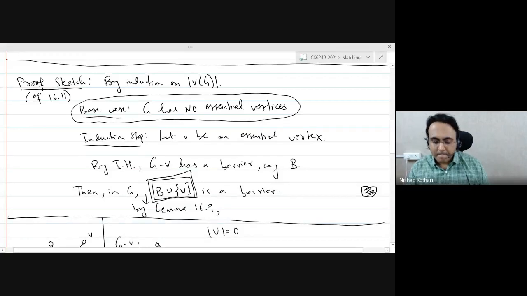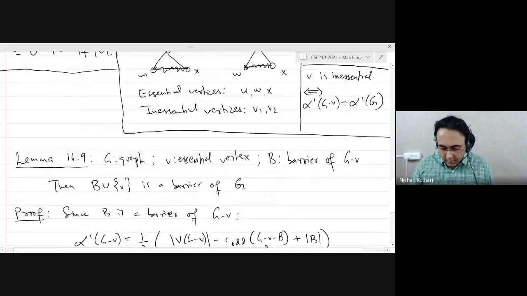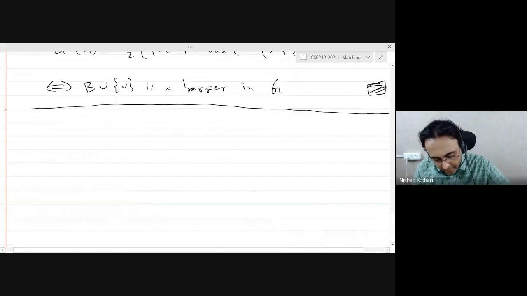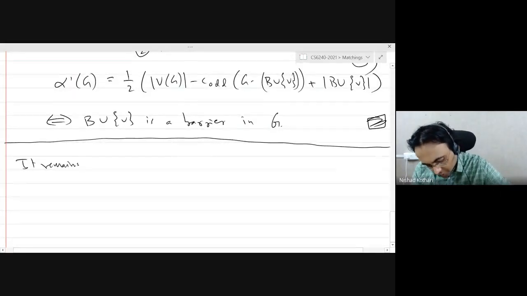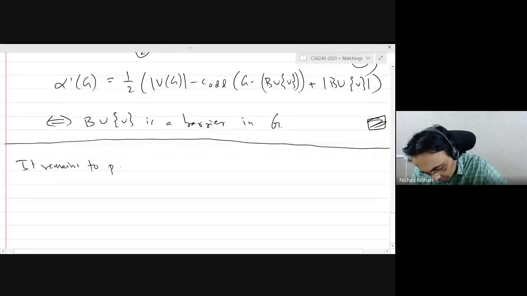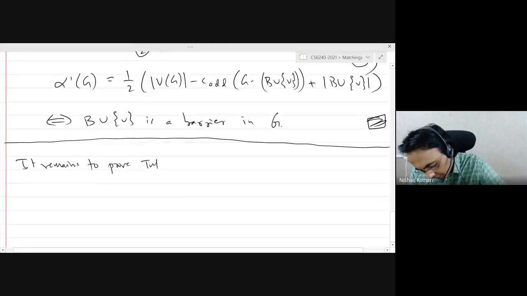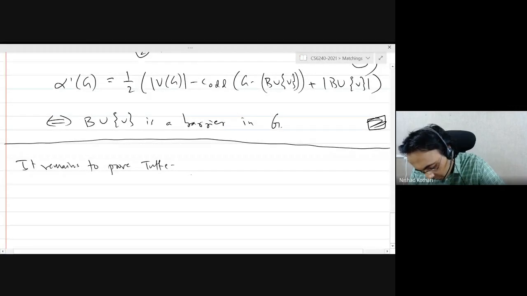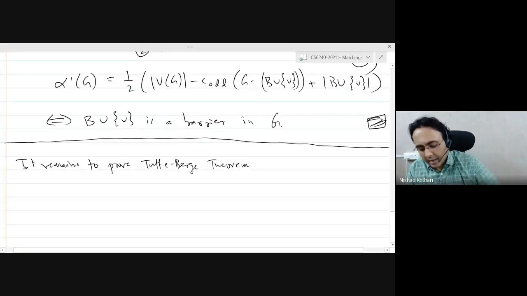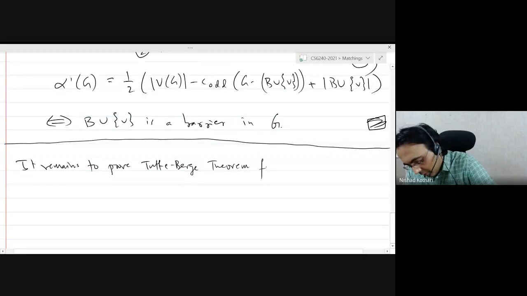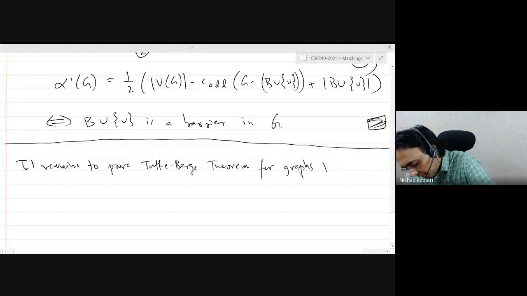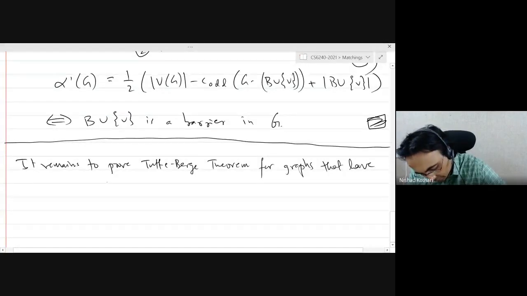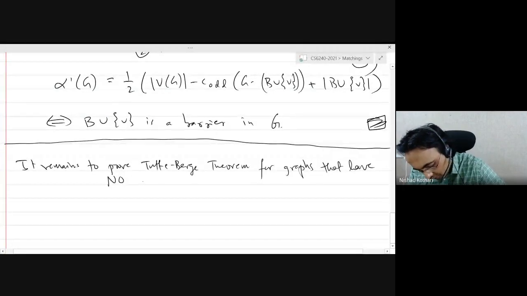So it remains to prove Tutte-Berge theorem for graphs that have no essential vertices.